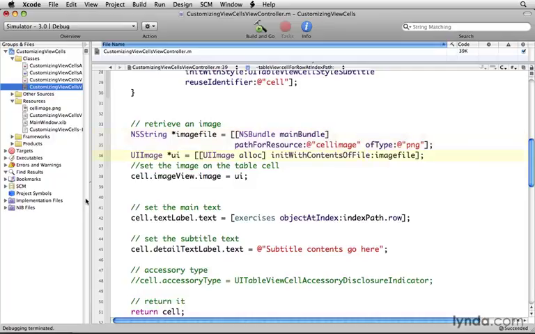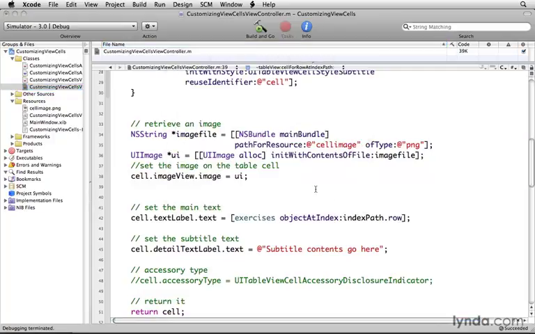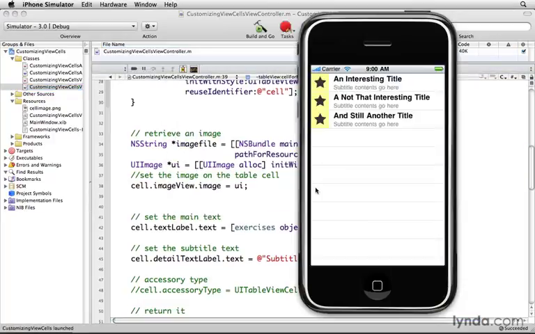That then gives me a string which I can use to create a UI image object with the contents of that file. Once that's done, on line 38, I can reach into the cell and set its image property to the UI image object that's just been created. So I'll save that and run that. And now we start making this cell a little bit more interesting, that it has its own image